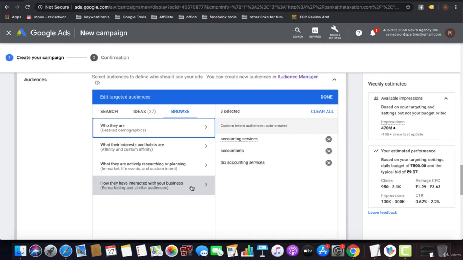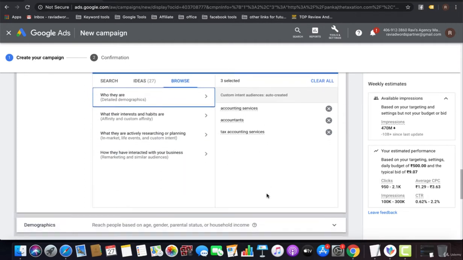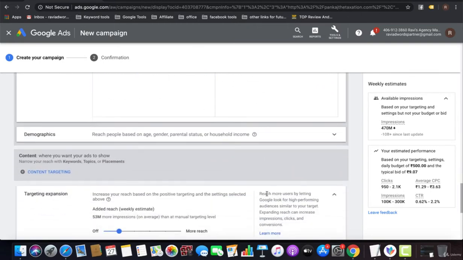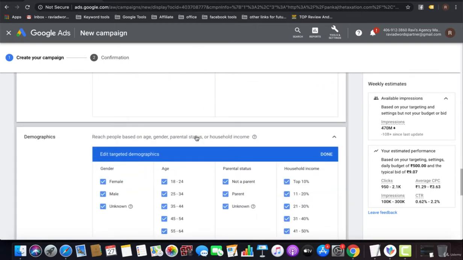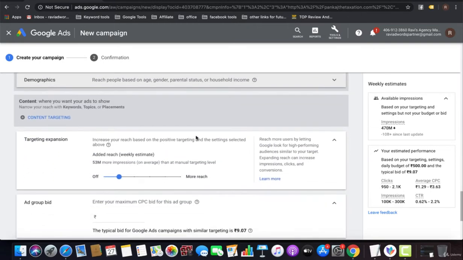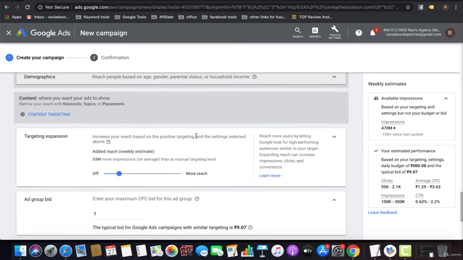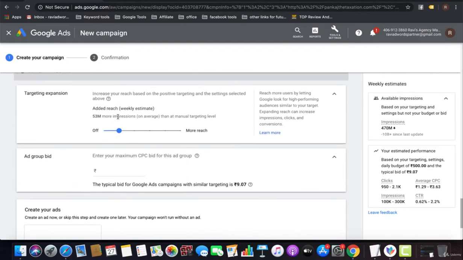Now I'm going with these three audience categories. And for demographic, I can select these demographic ideas. First of all, we will create the campaign, and we will talk about all the audience types as well.